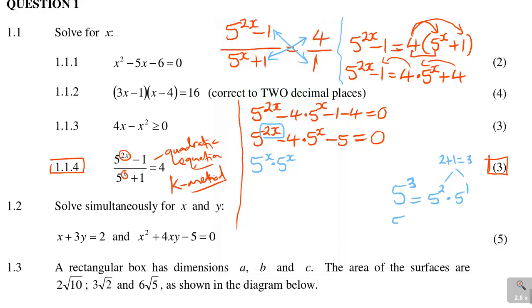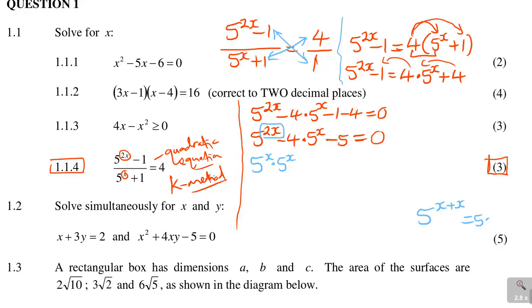So it means if I say 5 squared, this is the same as saying 5 to the power 1 times 5 to the power 1. I'm using the first law of exponents. So why? Because 1 plus 1 is 2. 5 squared, 5 times 5, is 25 here, and then 5 to the power 1 times 5 to the power 1 is 25. So I'm just using the laws of exponents here. Similarly, it means if I have got 5 to the power x plus x,